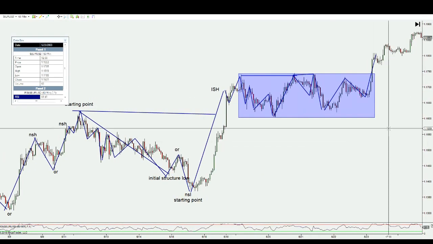So that's the process I go through when labeling a chart and trying to get an idea